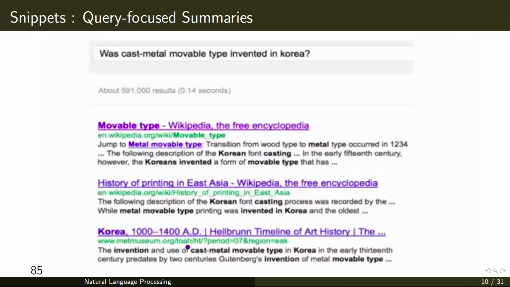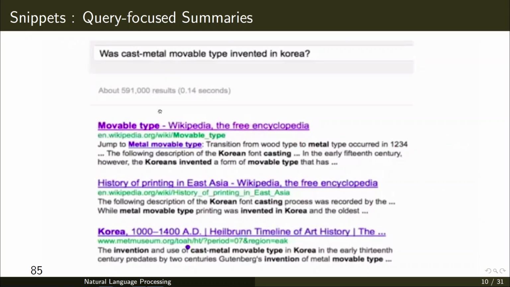The Google snippet way of query focused summarization is like this. You ask a question, then it looks at multiple documents, and from those documents it takes different sentences, and each of these sentences is reordered and given as a summary.